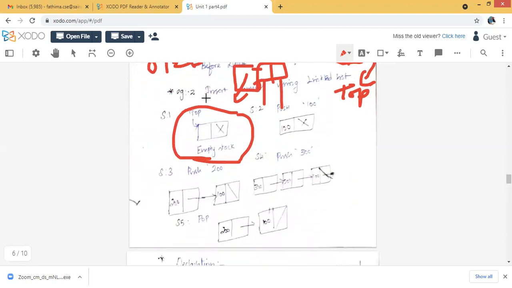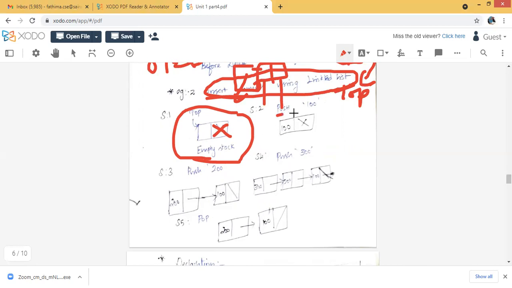So we will move on to the insertion operation as well as deletion operation of stack using the linked list concept. Initially my stack is like this using a linked list concept. What is the difference from the previous notation? Whenever we have an empty stack, we have to indicate it with the cross symbol. Why? Because we don't have any other elements to link. So the next node will be the empty one. This field holds any kind of element which I want to store.